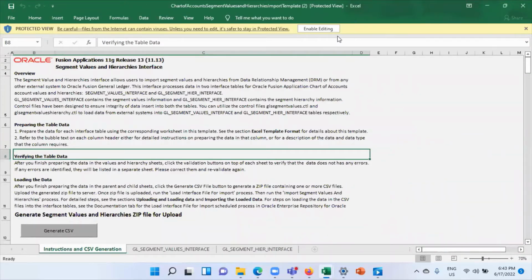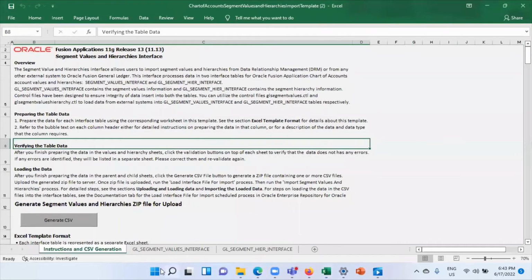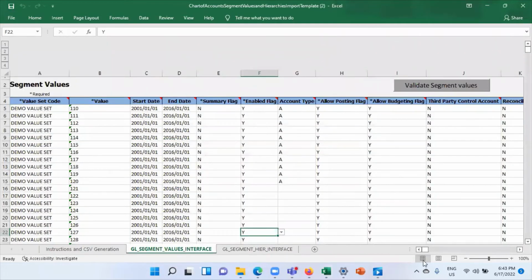First of all, enable it for editing. Now go to GL segment value interface. Here you have to give the value set code. Our value set code is NL1 account.